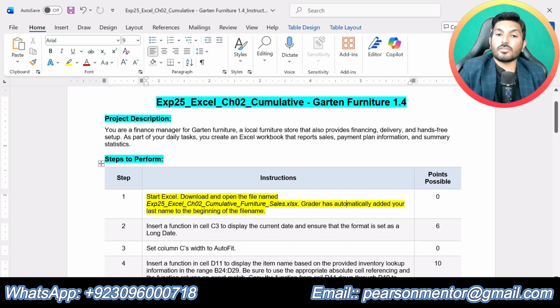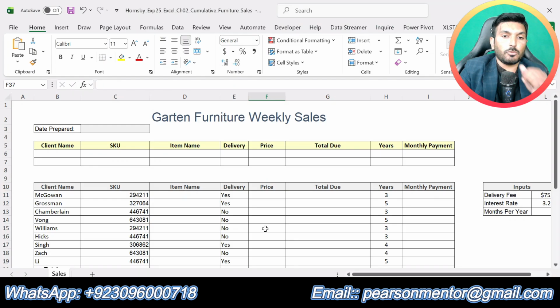Start Excel, download and open the file named EXP25 Excel Chapter 2 Cumulative Furniture Sales. Grader has automatically added your last name to the beginning of the file name. So this is the Excel workbook that we're going to use to solve this assignment.